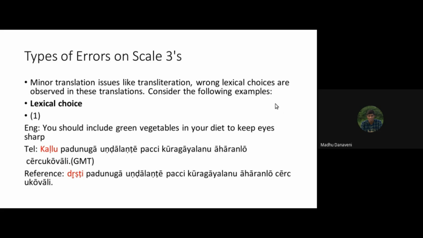Types of errors on scale 3. This is classified based on scales. Minor translation issues, like wrong lexical choices, are observed in this translation. Consider the following examples. Lexical choice: the English sentence is, you should include green vegetables in your diet to keep high sharp. Here the word